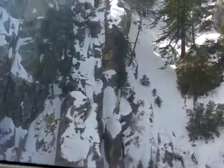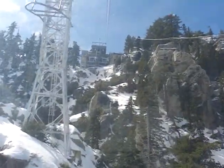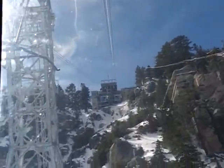The smallest of the five towers is tower number 4, 57.5 feet tall, located at an elevation of 7,576 feet above sea level. From there, the view